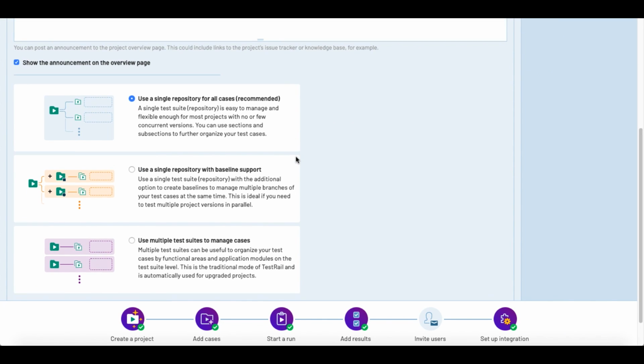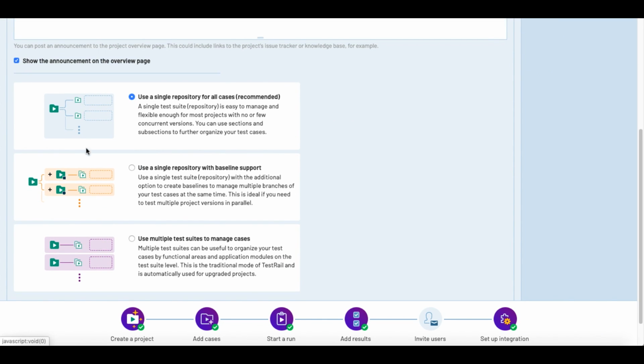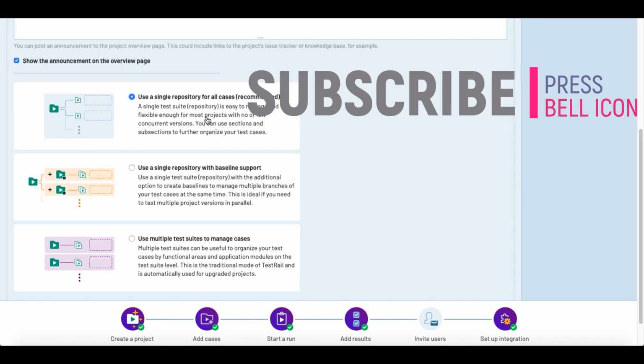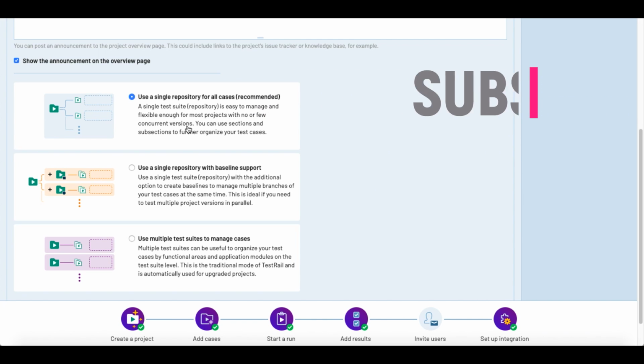Down here are some different hierarchies that are present. First of all is use a single repository for all the cases. It is the recommended one, so we should follow this hierarchy for our test cases. It suggests that a single test suite is easy to manage and flexible enough for most projects with no or few concurrent versions.